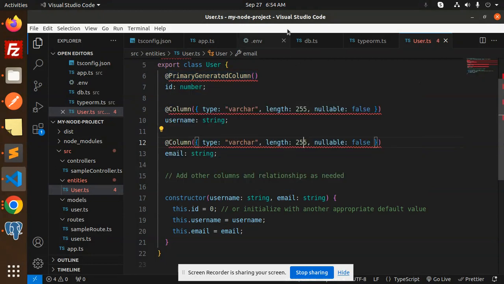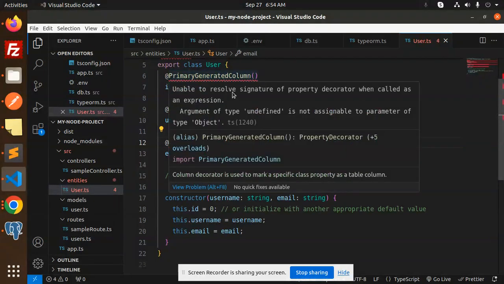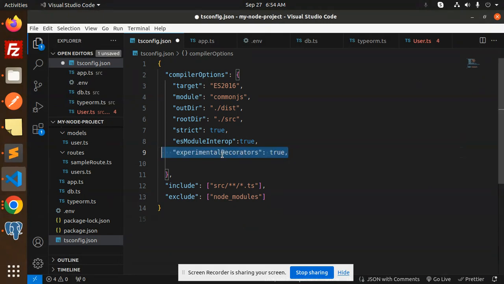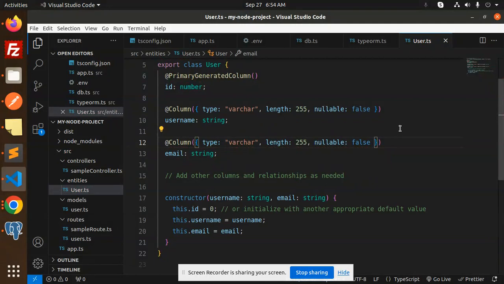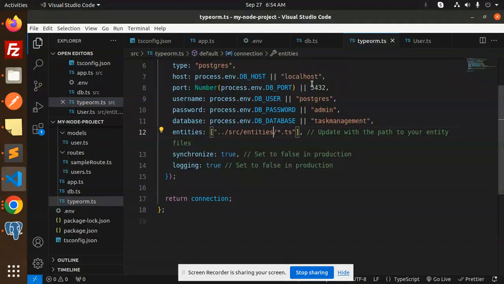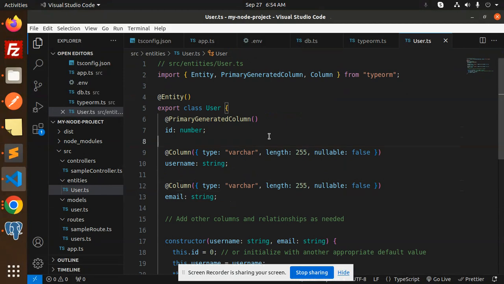So let's see. Basically it says unable to resolve the signature of a property decorator. That means you have to enable the decorator part in your tsconfig JSON. So Control Z, enable it, and here you can see the error is resolved. Okay, so make sure in the tsconfig experimental decorators is set to true, because here I am using decorators. Okay, so make sure you add the decorators, enable the configuration in the tsconfig.json file, then it will